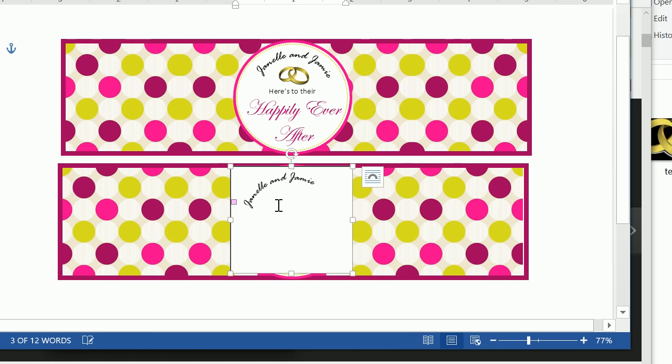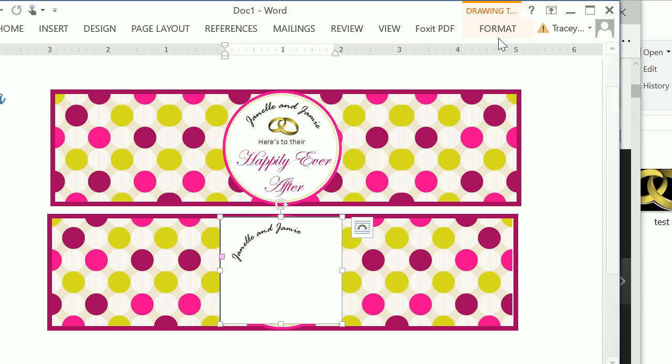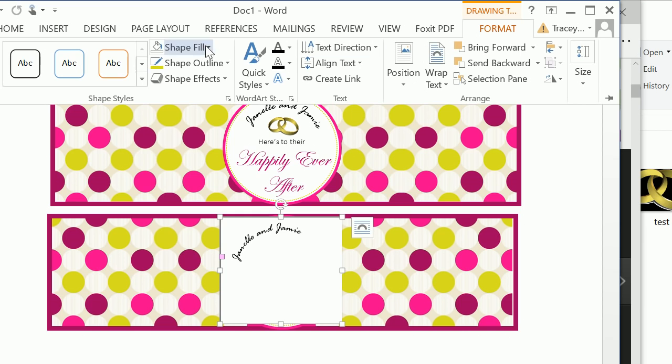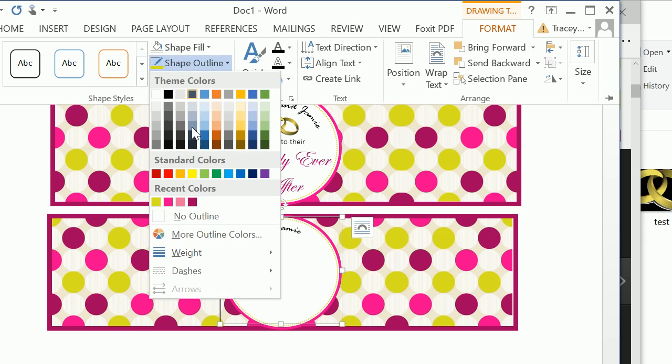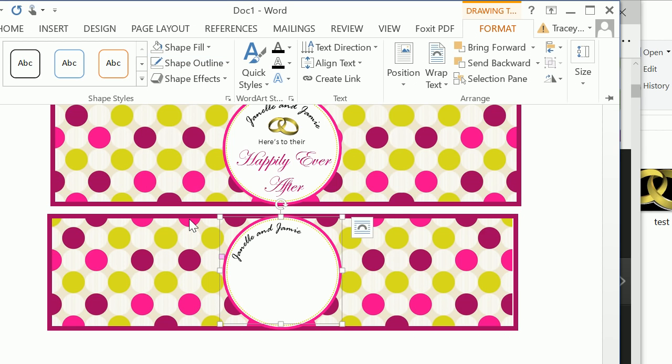There we go. This is how you can see where the arch is and move it around. Okay. What we want to do is, because we can't really see where the circle is because of the shape fill, we want to click on that text box and have the text box be a no outline and have the text box be a no fill, right? And then we can see